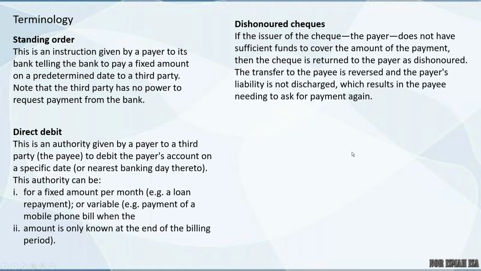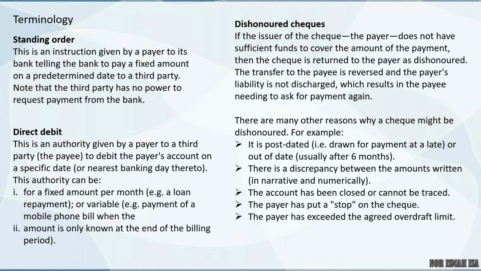So the payee needs to make another payment because the previous check is the bounced check. So these are the reasons for the dishonored check. One is the post-dated check